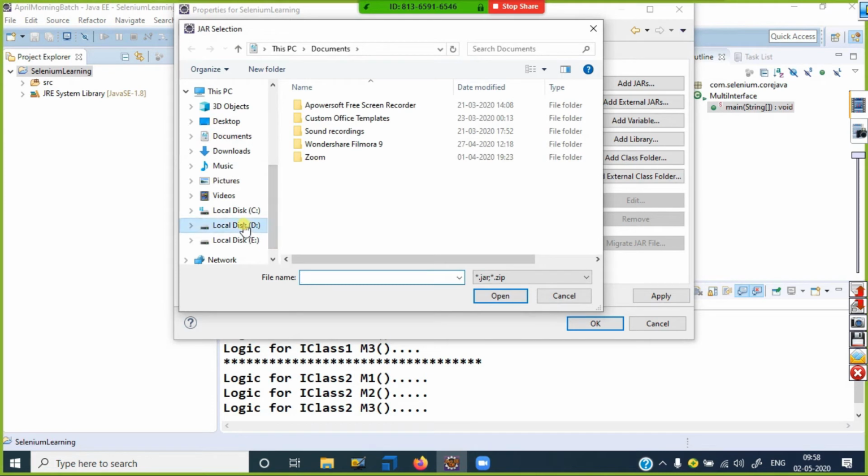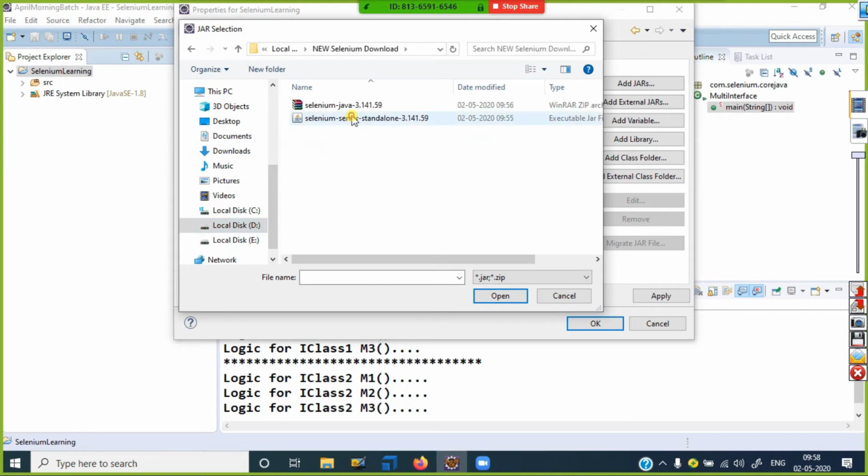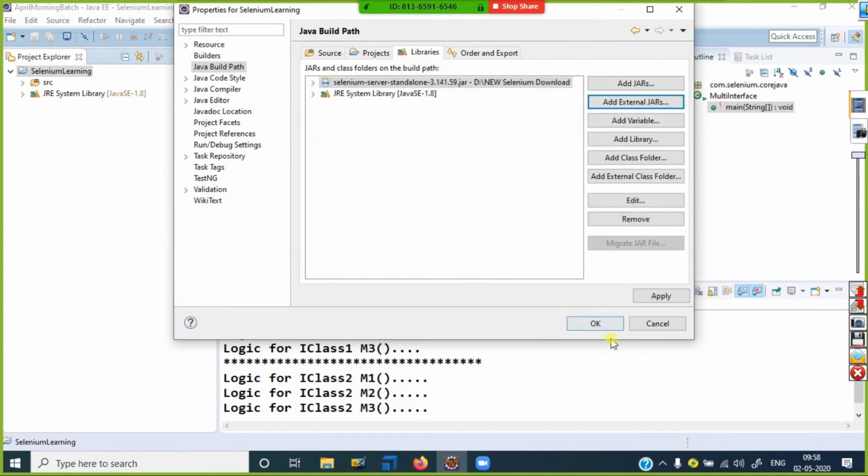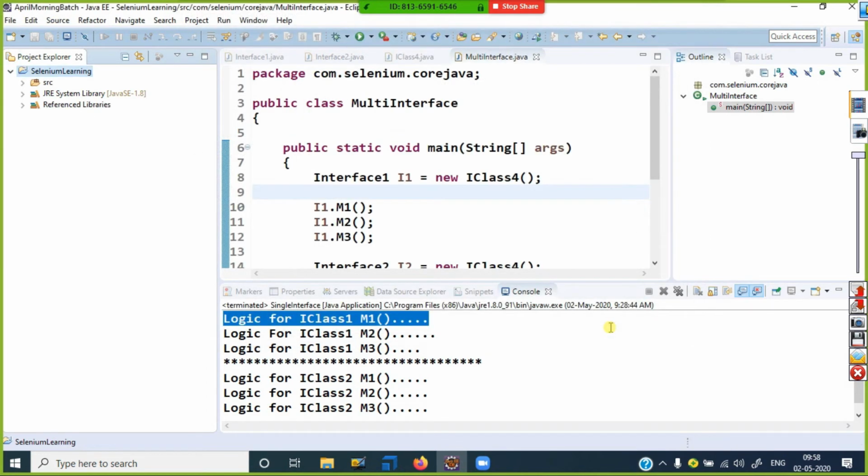Now go to the D drive, to the new Selenium download, select it, open, and click OK. Now the jar files are coming in here, so our Selenium features, packages and jars all come into the picture. Now you can use that.